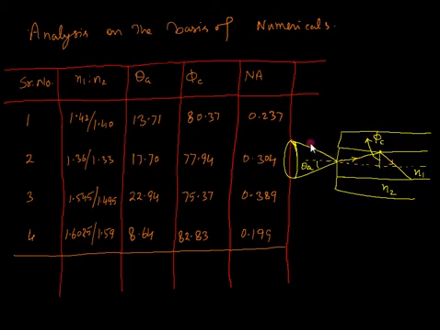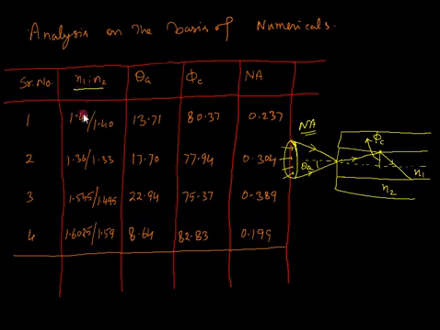If I take the second extreme ray here along with this, it can make a cone. All the rays which enter through this will reflect inside the core. So we get this information from the numerical aperture: the light gathering ability, that is, how much light the optical fiber can collect. So all the parameters are given here. I have solved these four numerical problems on that basis. Let us see.